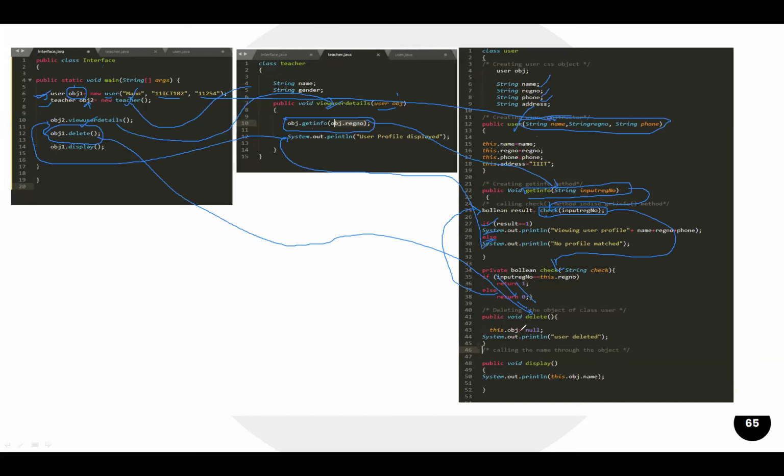So this should be obj1, please correct it. Okay, or fine, it is obj because the object is already created in this class. So using this delete method, we set the object of this class as null. So we have deleted this object. So this is what we have done till now. And whenever this delete method is finished, we again go to this obj1 display.